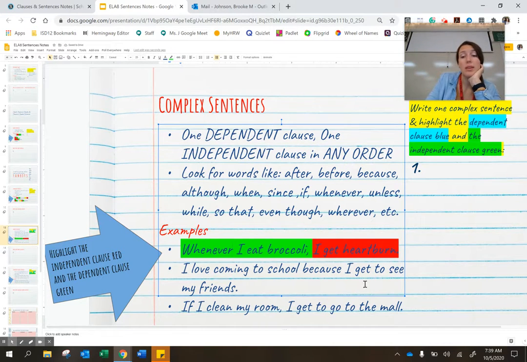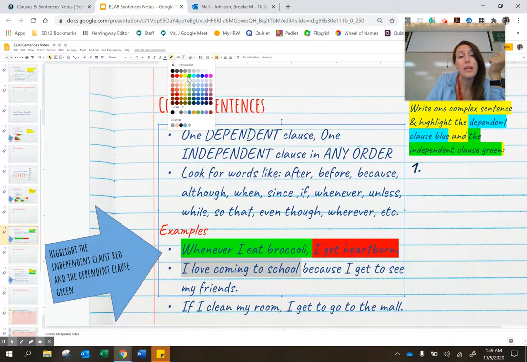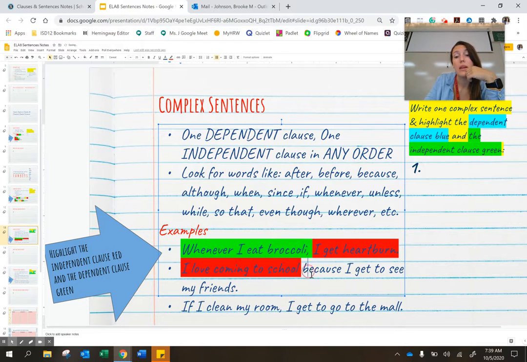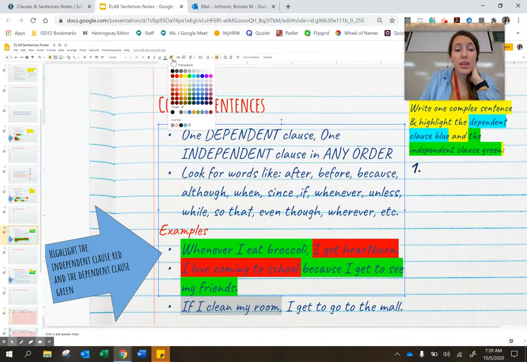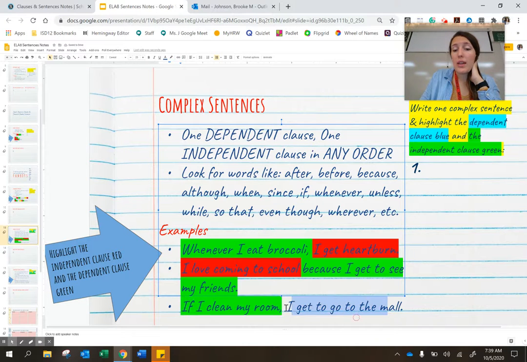I love coming to school because I get to see my friends. So I love coming to school. I, subject, love, verb. So that one's the independent clause because I get to see my friends. Dependent clause because of the because. So any sentence that has because in it is a complex sentence. If I clean my room, so because of that if, and it leaves us hanging, that is a dependent clause. I get to go to the mall, so I get